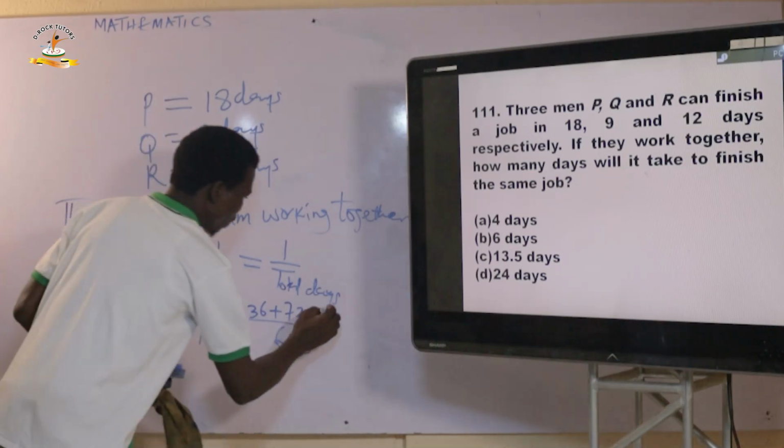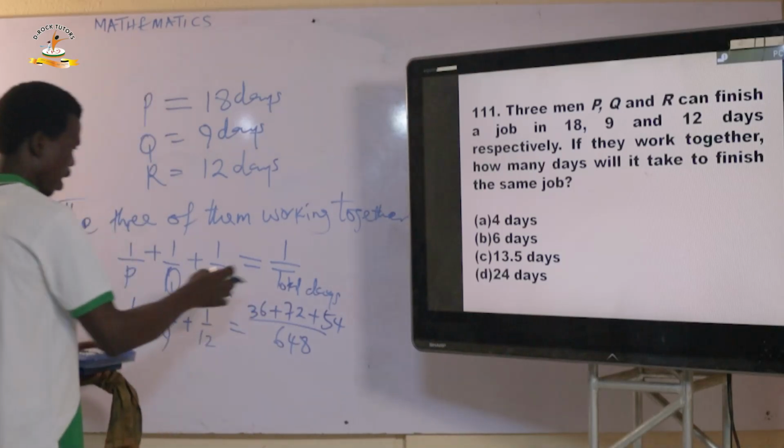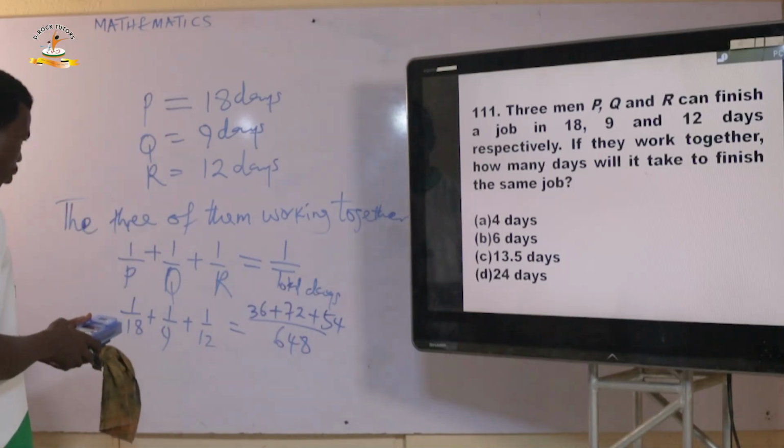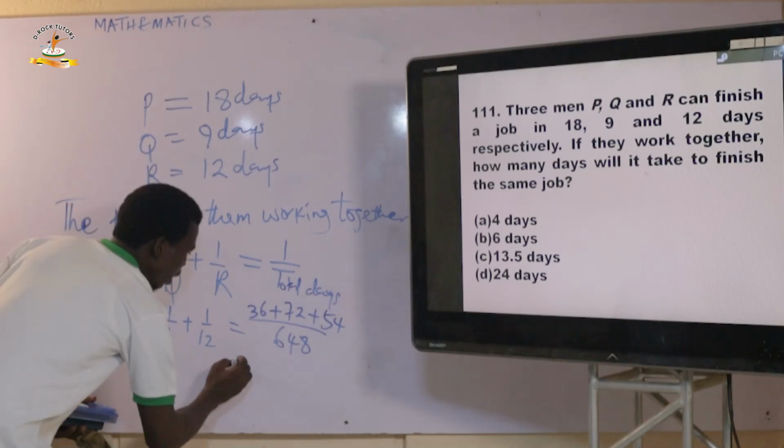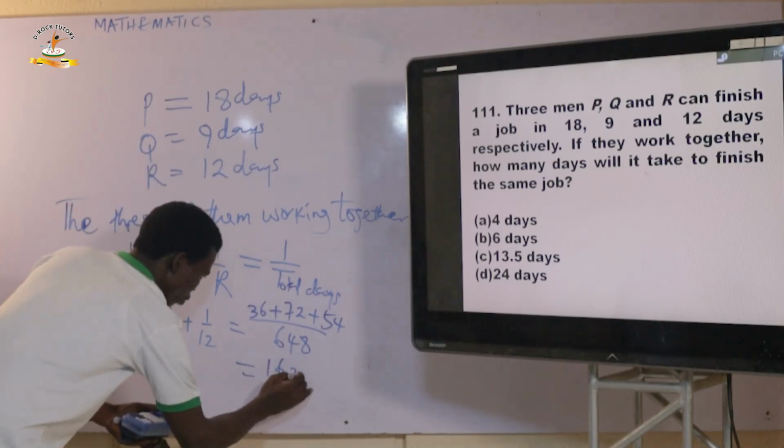And the answer here is 54. So I simply add everything up there: 54 plus 72 plus 36. So it should be what? Equals 162 divided by